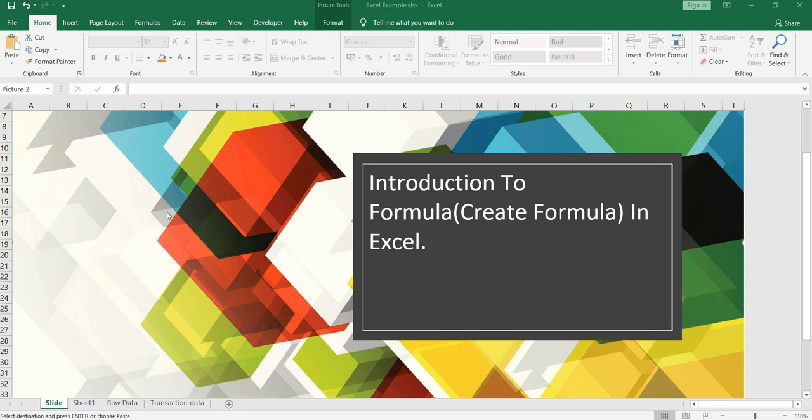In this video I am going to introduce you to Excel formulas. From this video onwards we will be looking into different types of formulas in Excel which we can use for our data wrangling and data manipulation. Before we go ahead and see some formulas, we need to know what types of formulas there are